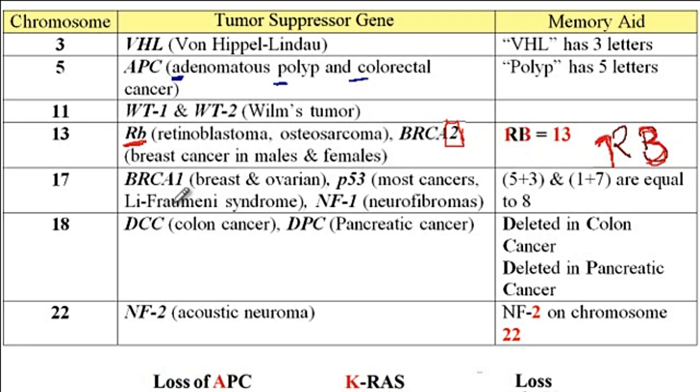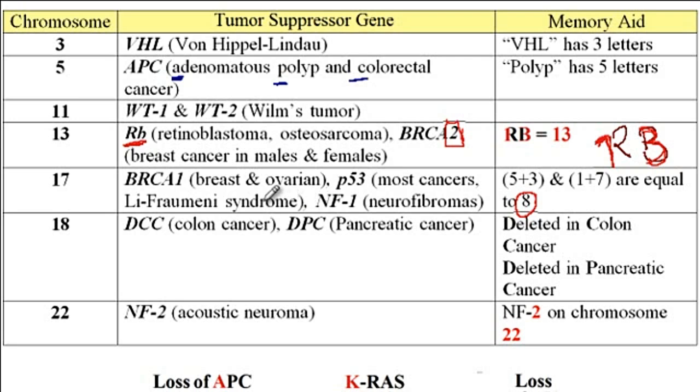And then BRCA1 goes with the P53, which is on chromosome 17. Now, how do you remember that P53 is on chromosome 17? Again, if you add up all the numbers, 17, 1 plus 7, or P53, 5 plus 3, all of them add up to number 8. So P53 is on chromosome 17, retinoblastoma is on chromosome 13, BRCA2 is also on chromosome 13, and BRCA1